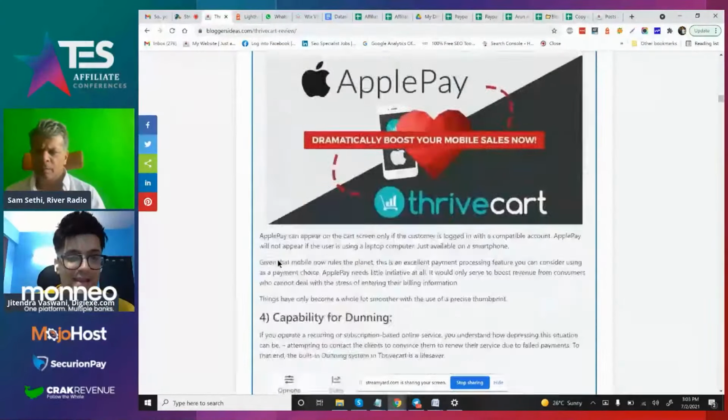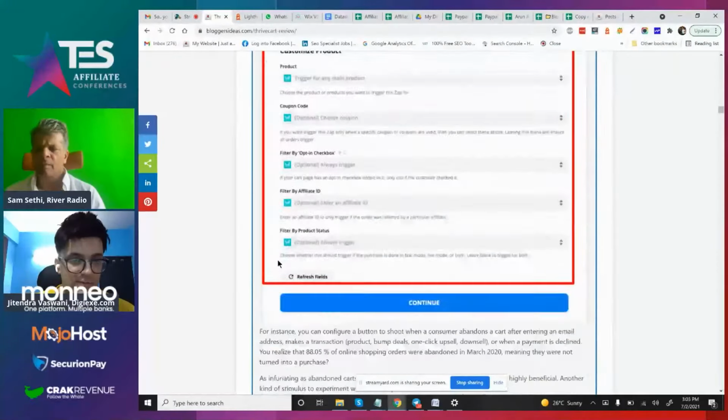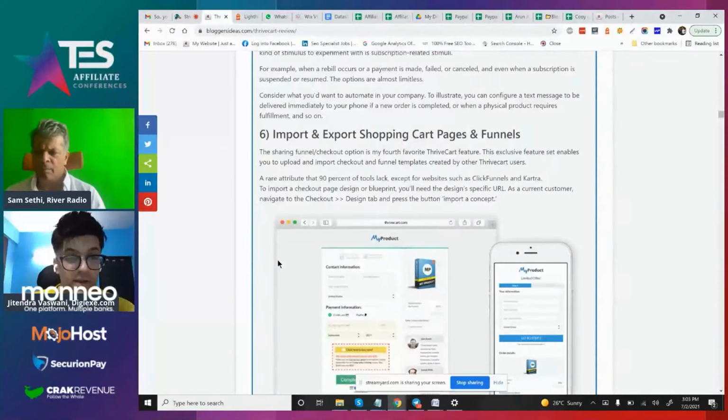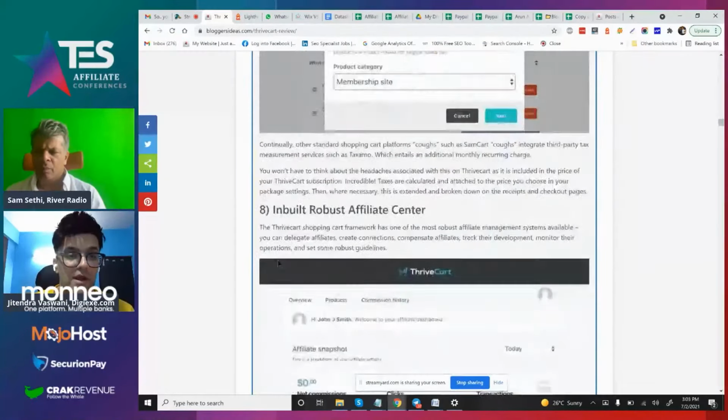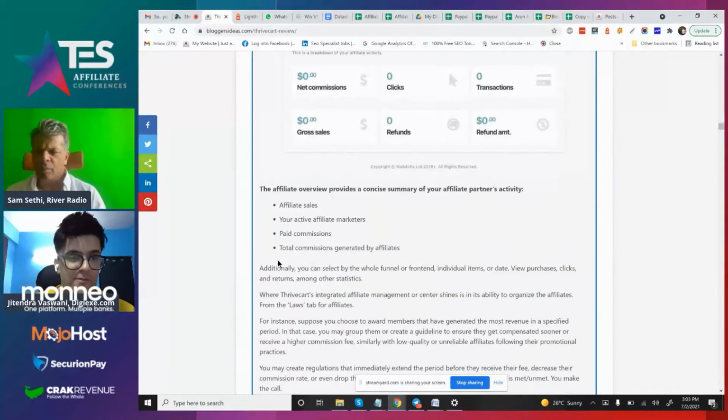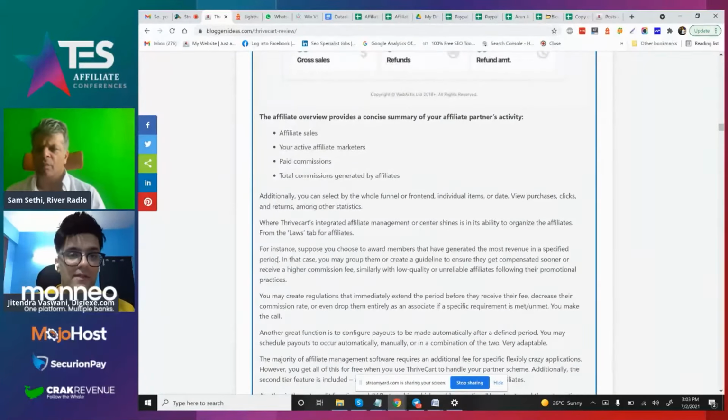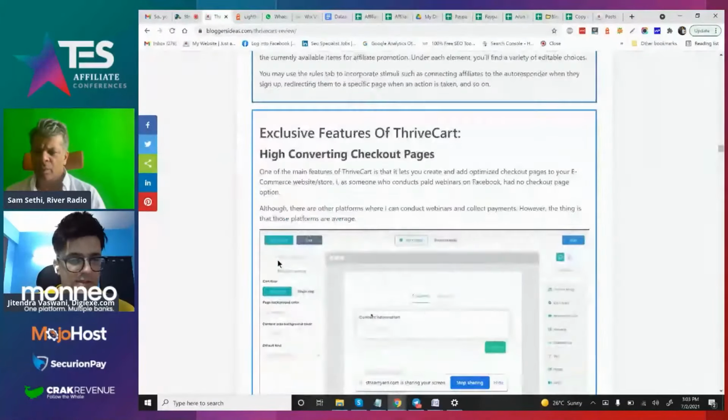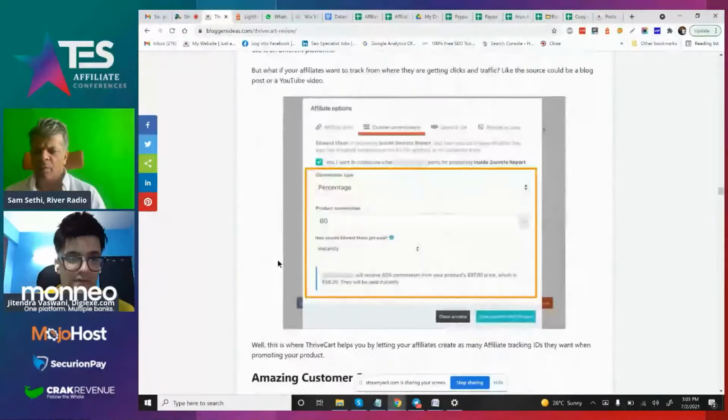This is a very detailed article. If you can see, it's pretty much detailed. I'm explaining to the readers, if they land on my website, I'm giving them an actual experience of how they can use this product to improve their shopping cart experience, how they can run the affiliate programs, like product affiliate programs. This is how I'm sharing with them, a very detailed one, having FAQs.